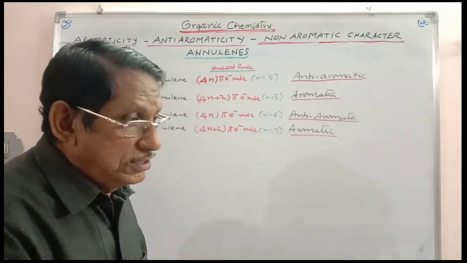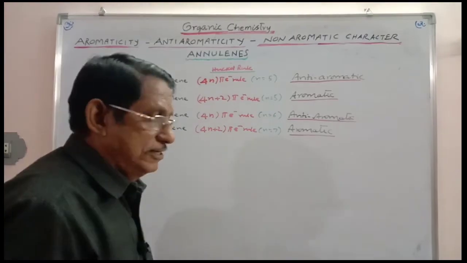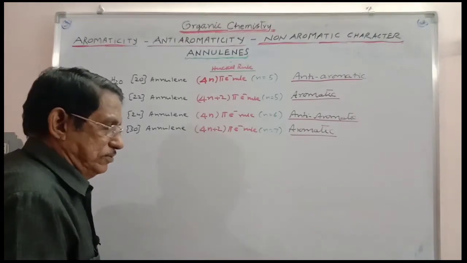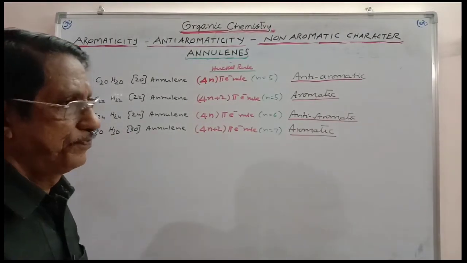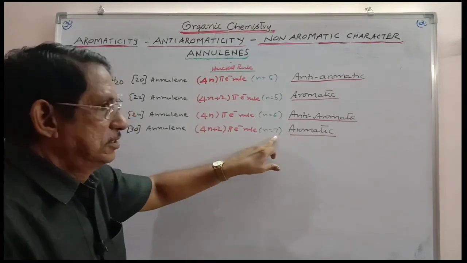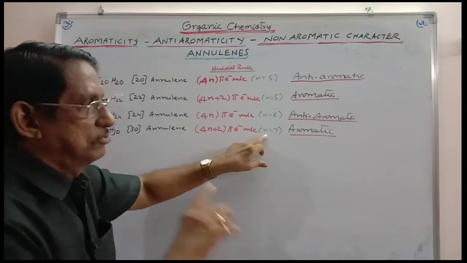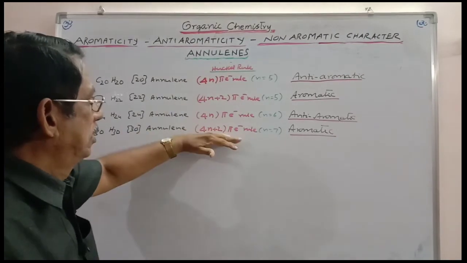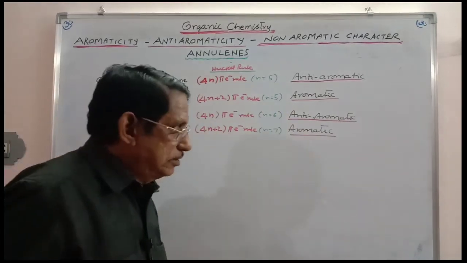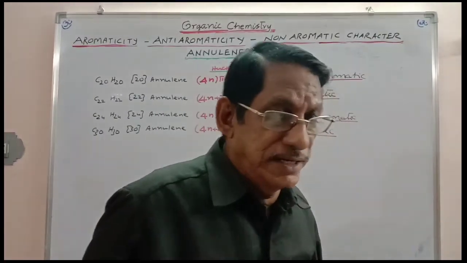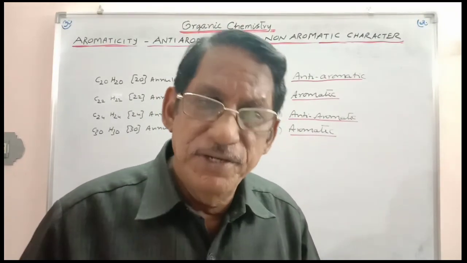Similarly, of course, 30 annulene is also prepared. This is the last one. From C10 to C30 annulenes are there. Beyond 24, this is very rare. Just C30 annulene is also prepared. That is, we are taking finally C30H30, 30 annulene. And here when n is equal to 7, 4 into 7, 28 plus 2, 30. That means 4n plus 2 pi electron rule is applicable when n is equal to 7. So it is satisfying the Huckel rule. It is planar, it is cyclic, Huckel 4n plus 2 pi electron rule is applied, and so it completely becomes aromatic.